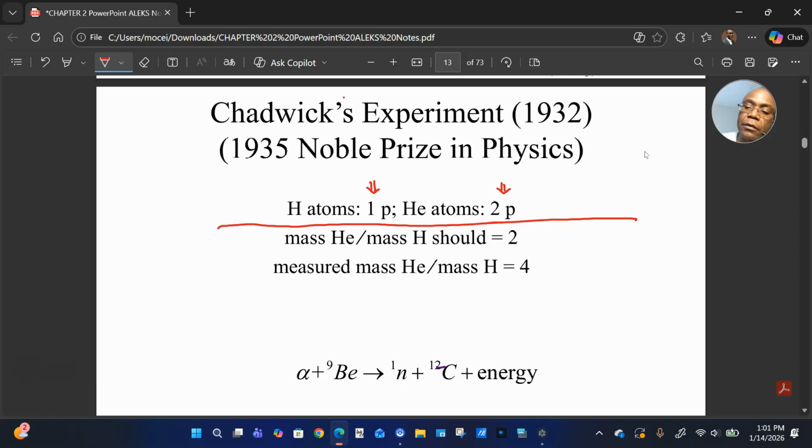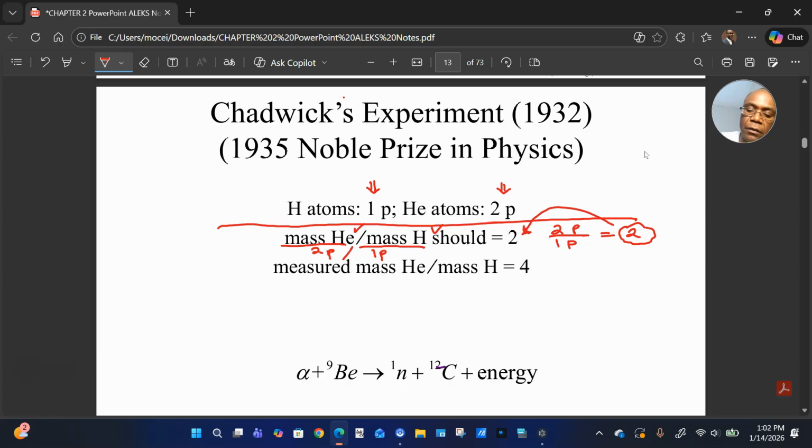Now, the protons are heavier than electrons, so they should dictate the mass of these atoms. So we can say the mass of helium is due to the two protons, and the mass of hydrogen is due to the one proton. So if you do 2p divided by 1p, the answer you get is 2. So the ratio of the mass of helium to the mass of hydrogen was found to be 2, which